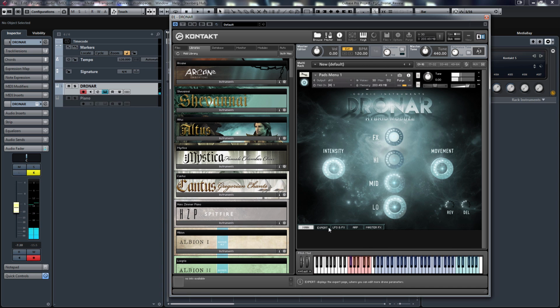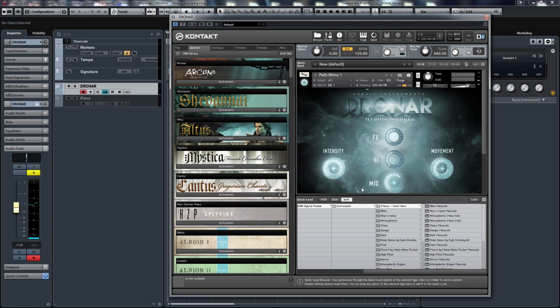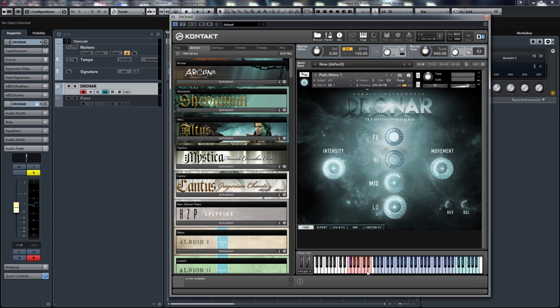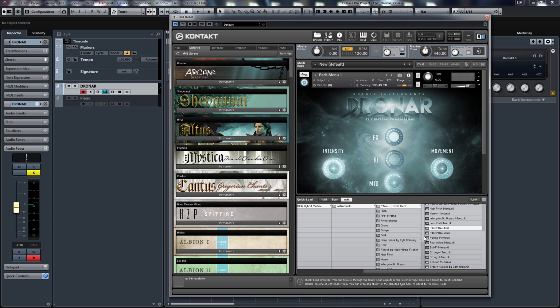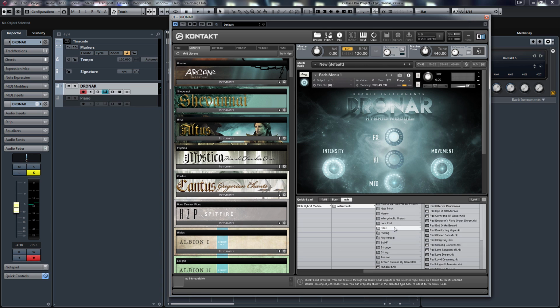And that's just taking the one pad. If I change things around, so what this actually is, the patch I have loaded, this is a menu patch. So it has basically, this is just a pads one. So I've got pads, and how many pads do I have there on the keyboard? 1, 2, so it's about 12, yep. It's the whole octave. And if I go into the pads menu,